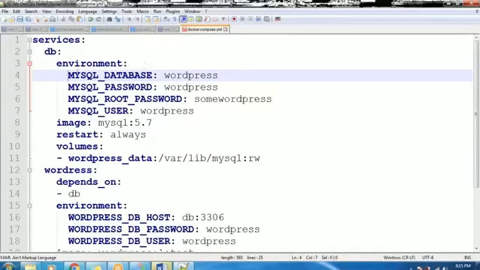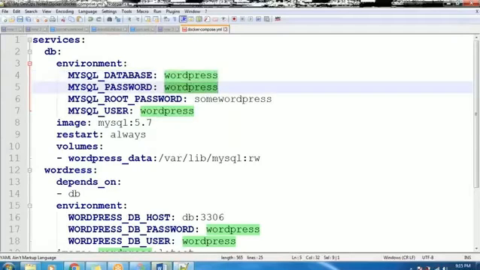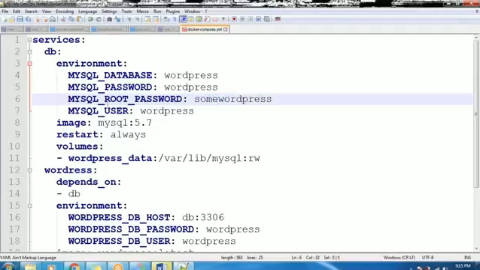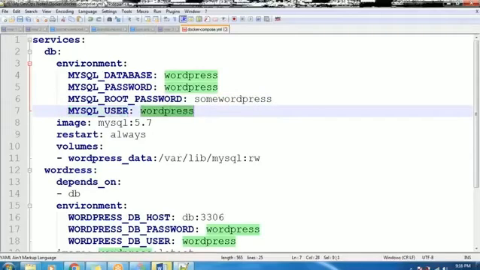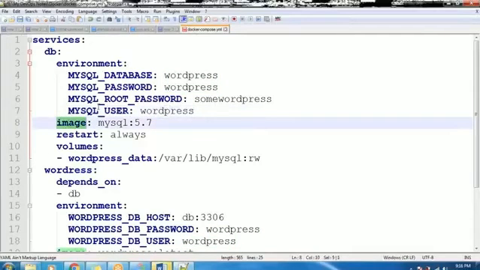So MYSQL_DATABASE: the database name I have given is wordpress. The password I have passed is also wordpress, and the root password I have mentioned as wordpress as well. Then the user to log in, that is also wordpress. Then what is the image I am using? The MySQL database image, and the version I mention here is